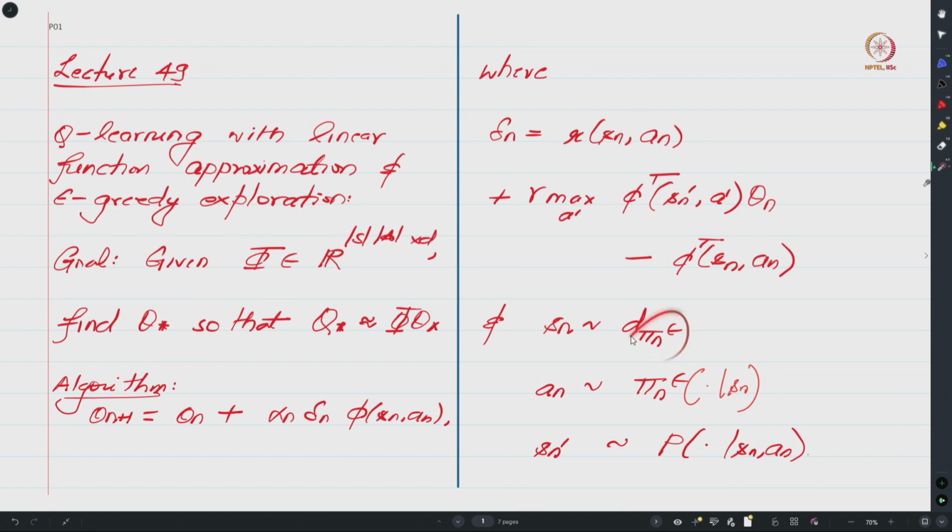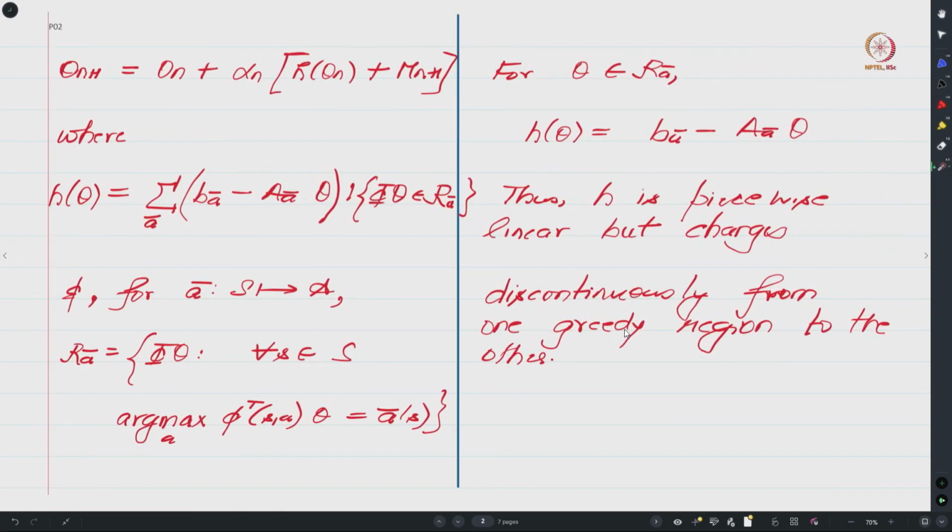And I would again like to highlight that pi n epsilon is the epsilon greedy policy, that is, with 1 minus epsilon probability you act according to the policy that is greedy with respect to phi theta n, and with epsilon probability you pick actions arbitrarily. Okay, so that is the definition of pi n epsilon. And in the previous class we saw that the Q-learning with linear function approximation and epsilon-greedy exploration update rule